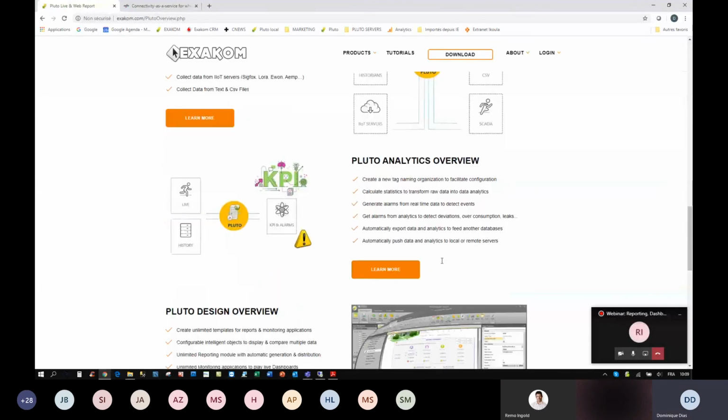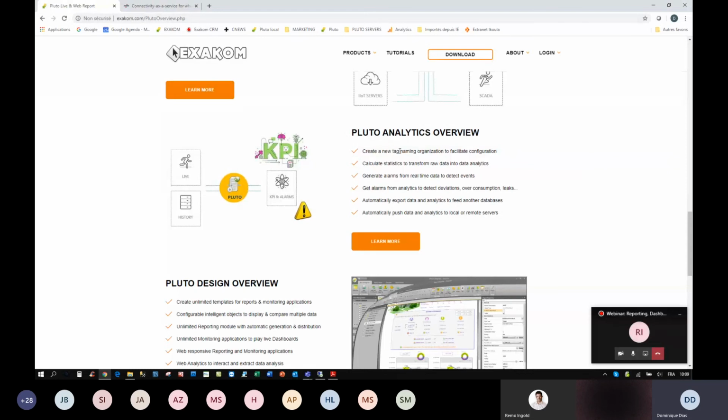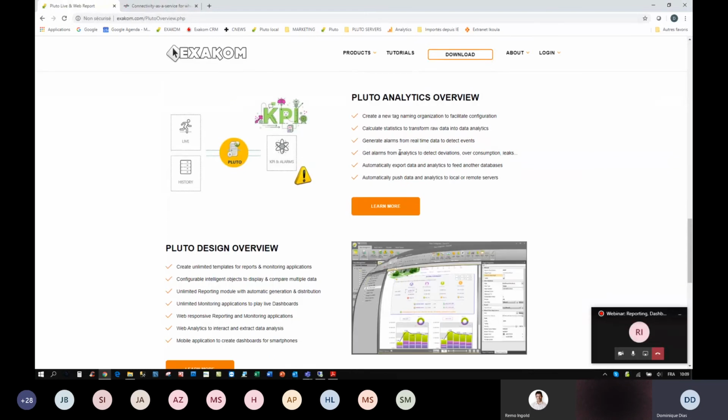Then I will show you how you can transform data into analytics, because as Remo said, no decision can be made tomorrow without having clear analytics. The time of hope is over. Hope is not a strategy, and I do believe that everyone will have something to create analytics to make decisions. And then